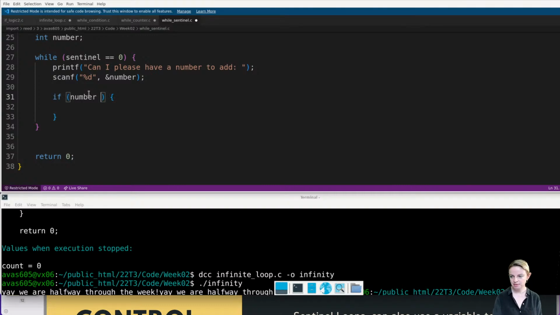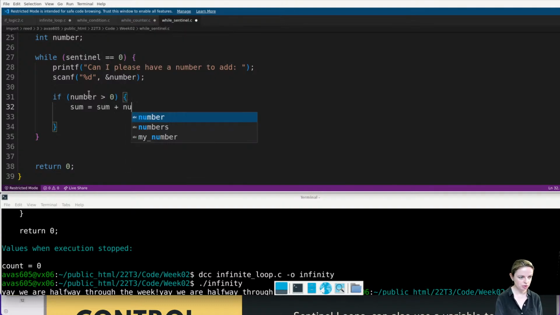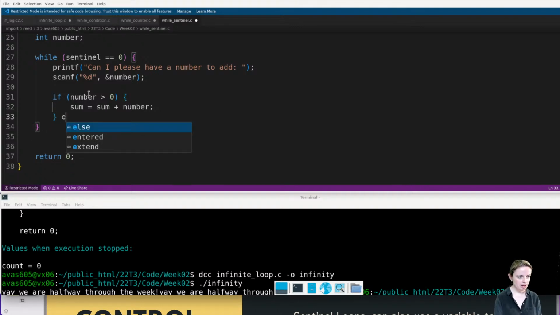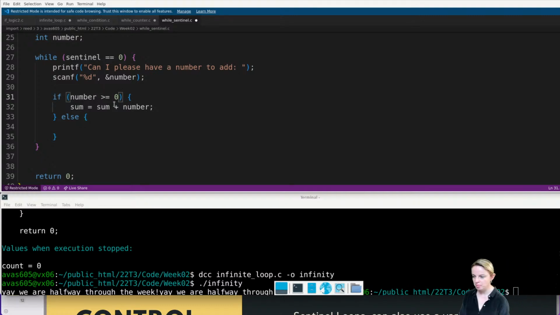What do we reckon? How do we check if a number, so if number is greater than 0, that means it's positive. So if it's greater than 0, then we're going to update our sum. So we're going to say sum is equal to sum plus number. And that's it, yeah? Else, what are we going to do on the else statement? So someone is correct, it should be greater than or equal to 0 because 0 is still a positive number. Yeah, we'll just say it's a positive number so we don't want to stop for 0.